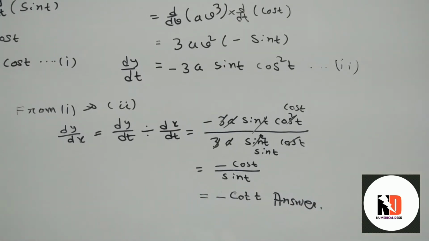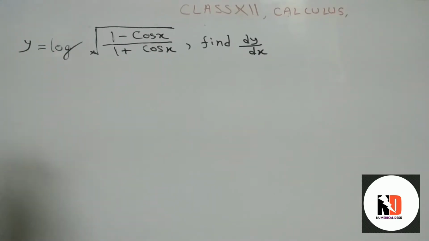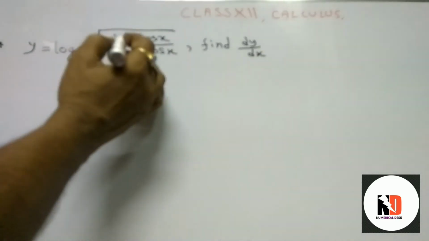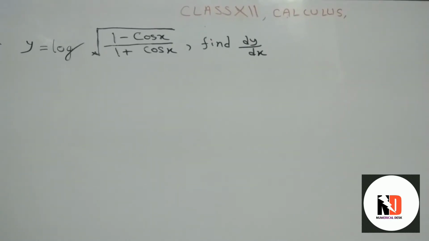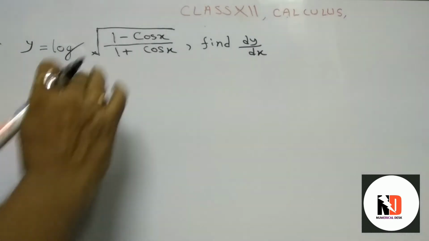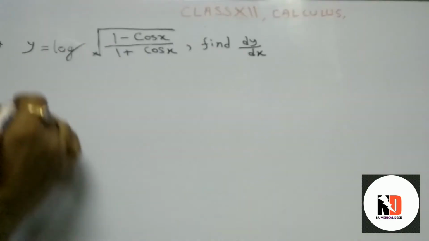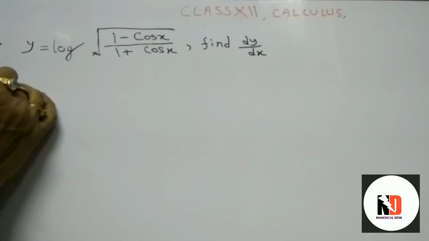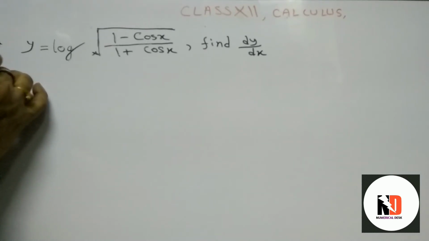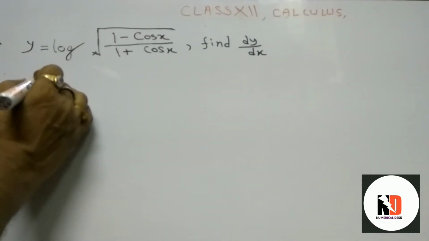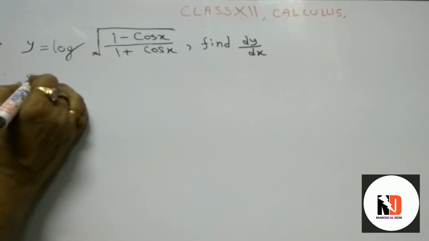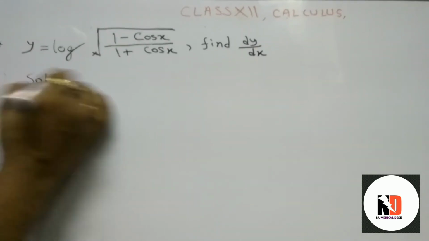Okay. Now let's see the next sum. This is a little bit of manipulation required. You must be balanced in your mind and then proceed. It is in the log, so log a by b format, but there is a power. So let us start the sum. How to do this sum? Very simple. First let us expand the log, and to do so